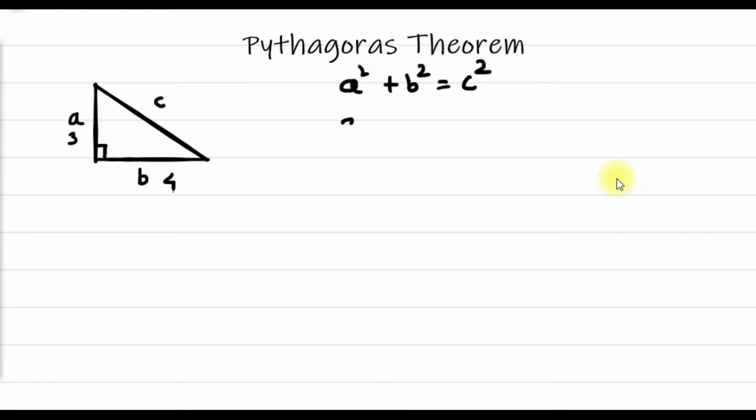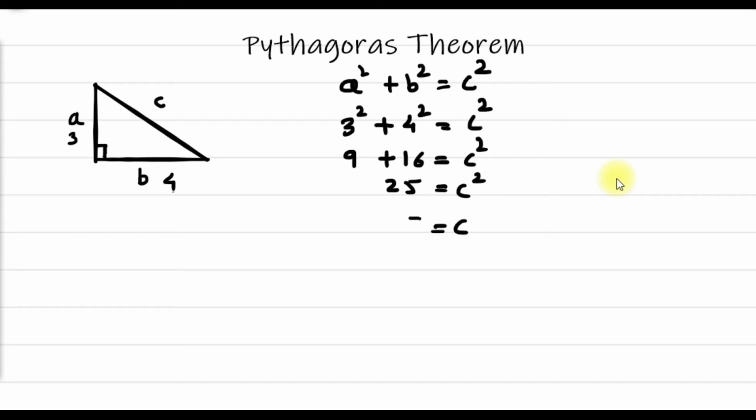So if you solve it, it's 3 square plus 4 square is equal to C square. Your 3 square is 9, your 4 square is 16, that is C square. So your C square is going to be 25, and in that case your C is nothing but 5. Anyway, this is one of the most popular combinations with which the school examples start. So we have already got a triplet. This is also called a triplet.